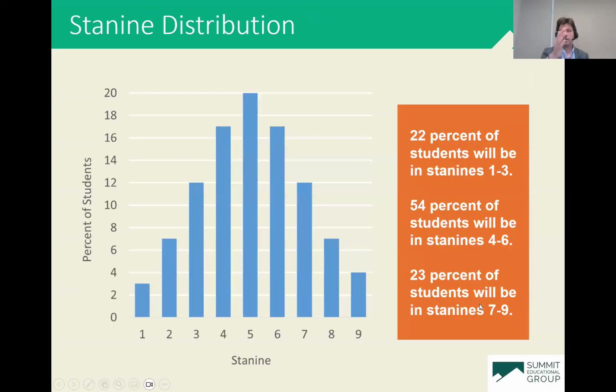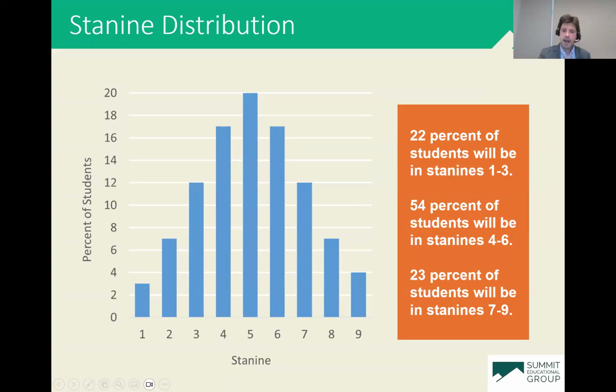And then same thing as we talked about on the SSAT is true of the ISEE. Here's our bell curve. And again, many bright students are going to get trapped in that middle of the bell curve, in those 4, 5, or 6 Stanines. Same thing as we talked about before with the SSAT. Again, the admission officers know this, which is why an SSAT or an ISEE score is not going to be the be all end all of that student's application. But it gives you a sense of the distribution of those Stanine scores through this bell curve.